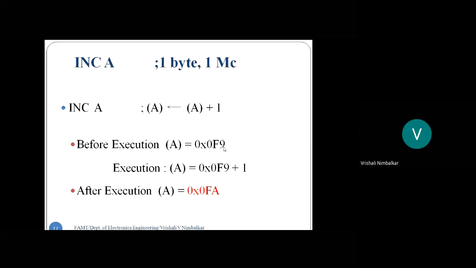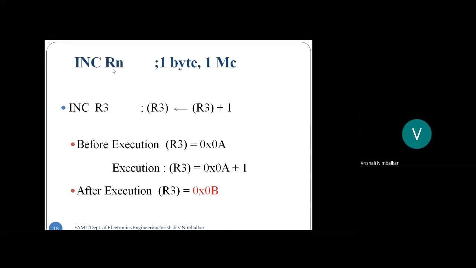So suppose it was F9 hex, F9 plus 1. Hexadecimal numbers go 01, 02 up to 09. After 9 it is A, B, C, D, E, F, and after F, meaning after 0F, it is 10, 11, 12 up to 19. After 19, it is 1A, 1B, 1C up to 1F. And after 1F, it is 20, 21. Hope you know how the hexadecimal numbers increment. So F9 plus 1: 9 plus 1 is 10, and 10 is written as A. Hence, after execution, you will have FA hex as a result, stored in the accumulator. And even though it is an addition, none of the flags are affected.